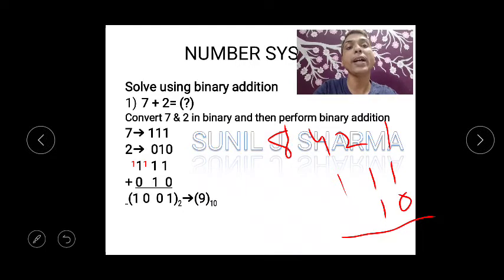Whenever you add, you can see that 0 plus 1 is 1. Just now I showed you the rules, that is 1 plus 1 is 0, carry 1. So whatever is written in red becomes a carry. Again 1 plus 1 is 0, carry 1, and 0 plus 0 is 0. Then this one will be written directly. Everyone knows that this is nothing but 9, this is binary and this is decimal.